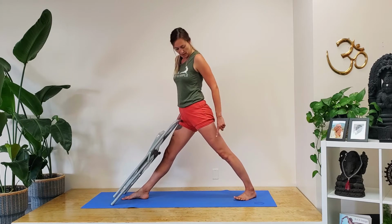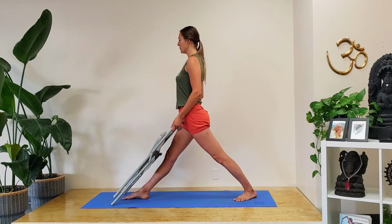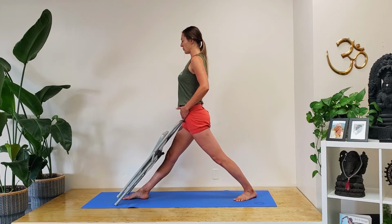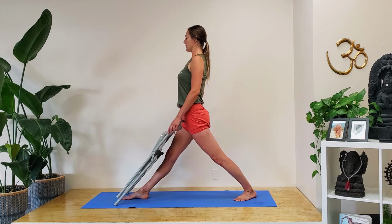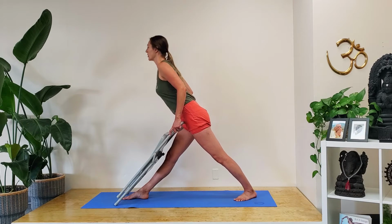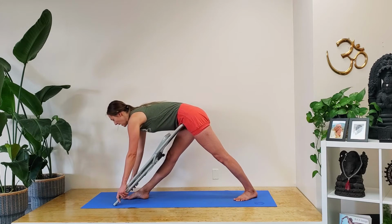So I pivot my toes in, my back toes in enough so that I can start to bring this hip around. So I feel that both of my front groins are hitting the back of the chair rail evenly. Once I have that, then I can start to extend and lift the front line of the trunk, roll the shoulders back, lift the chest, then start to come over, hinging forward over the chair, bringing the hands down the